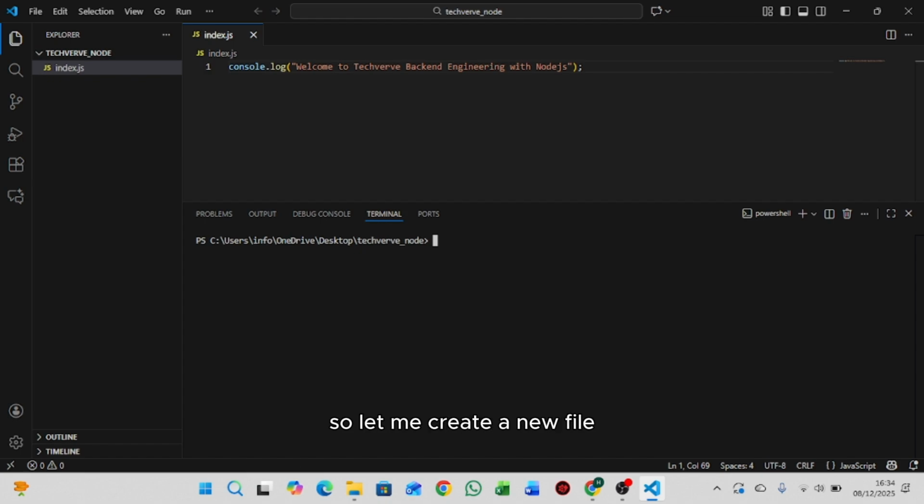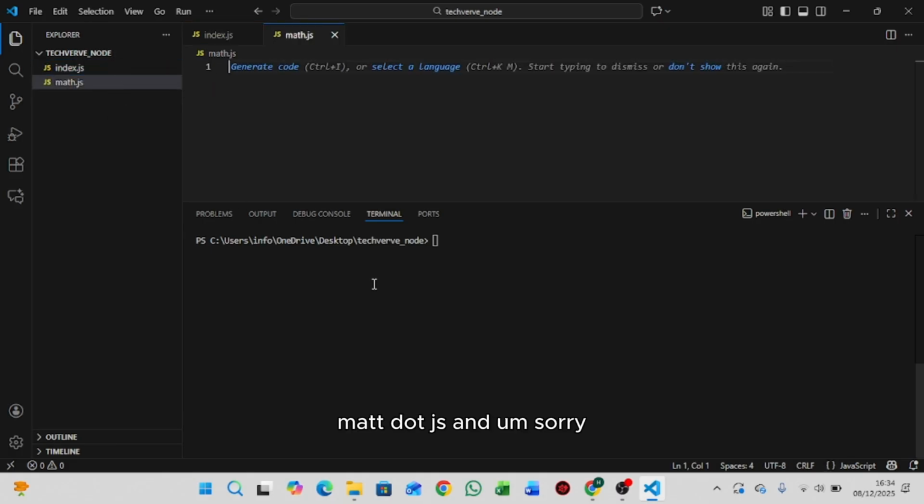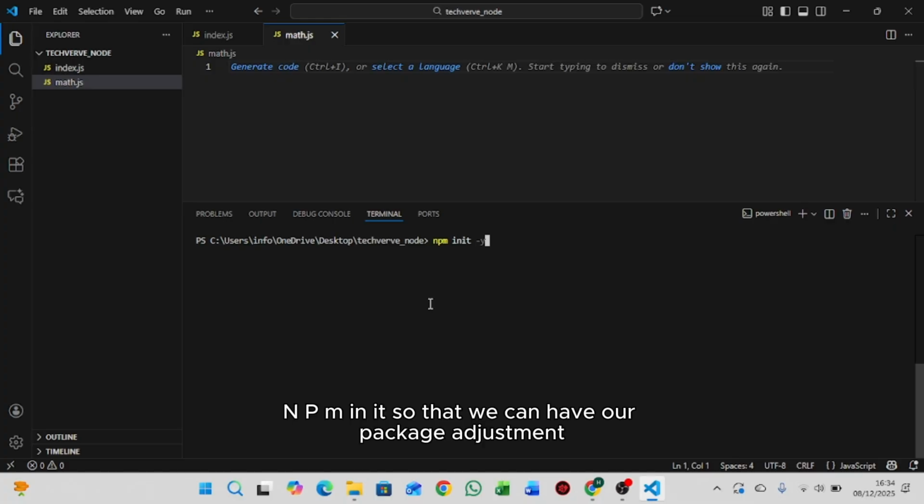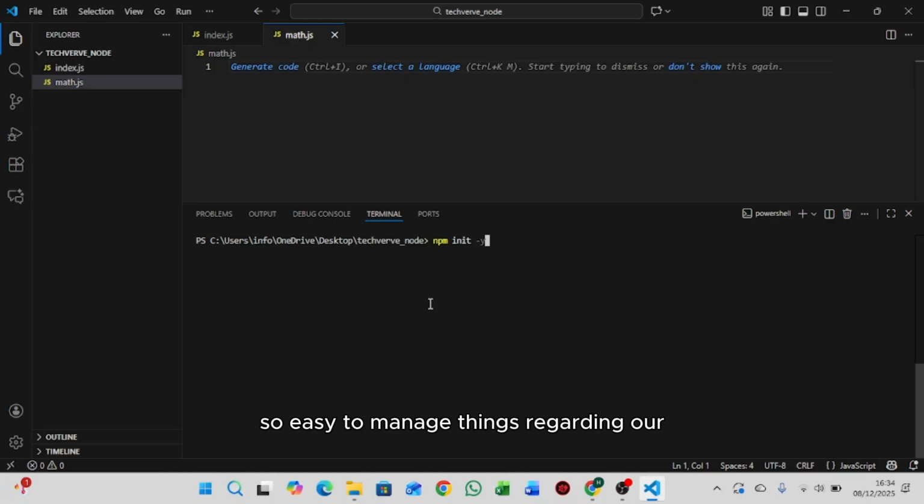Let me create a new file here. Let me call it math.js. And sorry, when you want to start your Node.js application, you need to run npm init so that we can have our package.json. We use it to manage things regarding our Node.js application. So if I run this,